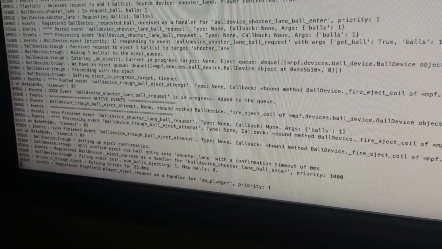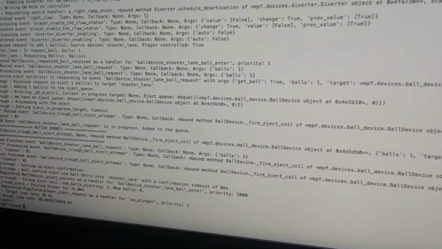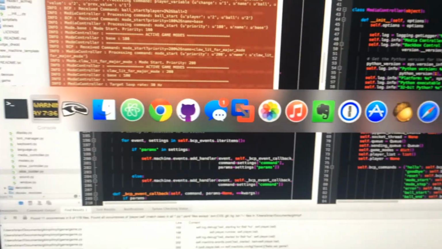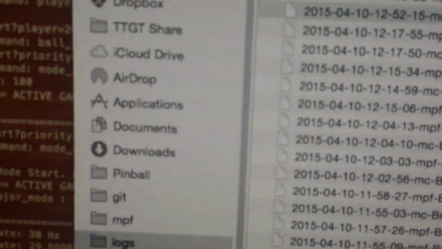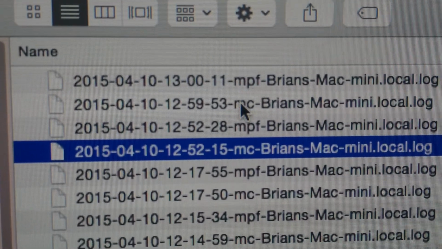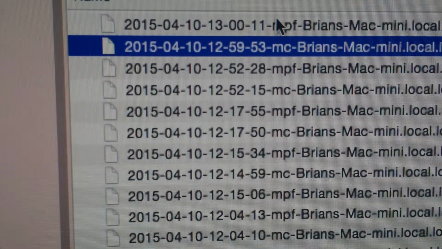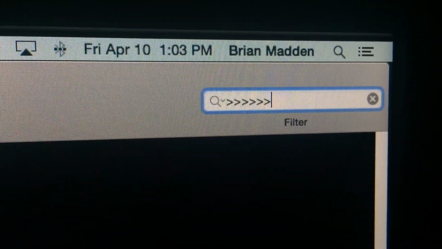I don't have these talking to each other to end automatically, so I'll just push Control C to stop MPF over here. And now I'll just flip over to the log files that are generated. So there's 2 log files. One of them is for MPF here, one's for MC. So if I open the MPF log file, this is a verbose log file, so there's a lot of stuff in here. But if I filter it by a whole bunch of these things,